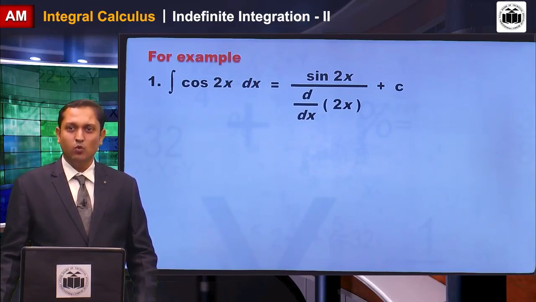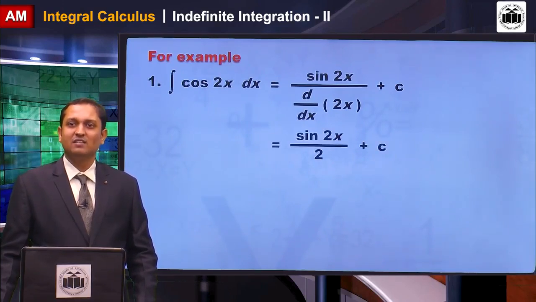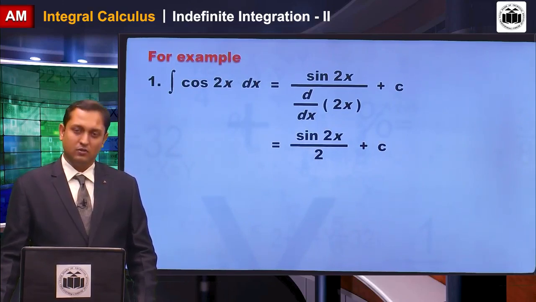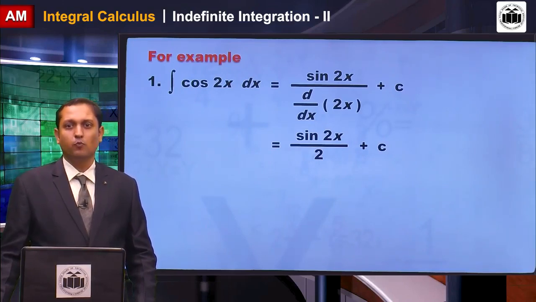So we divide sine 2x by the derivative of 2x to get the final answer. The derivative of 2x is obviously 2. So sine 2x upon 2 plus c would be my answer. As you can see, what we have used here is the 2-point solution, which was given previously, to get the integration